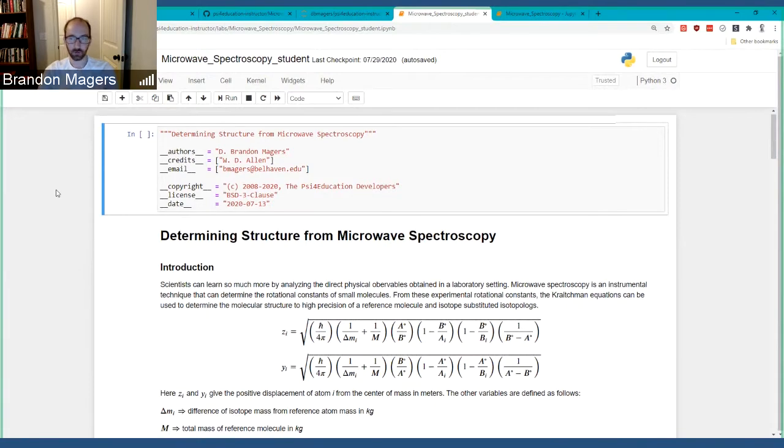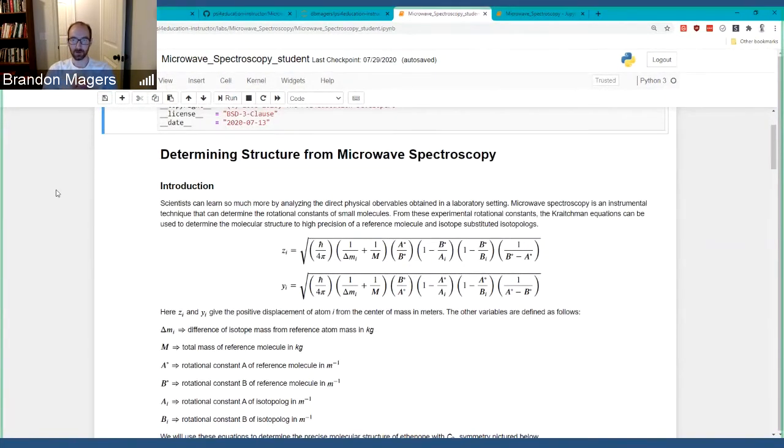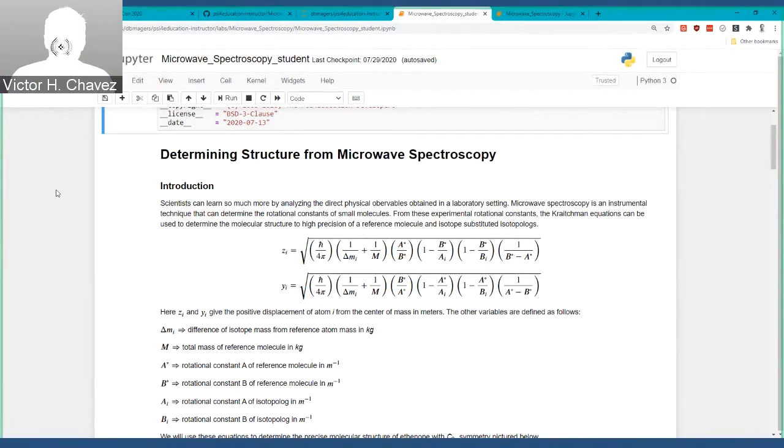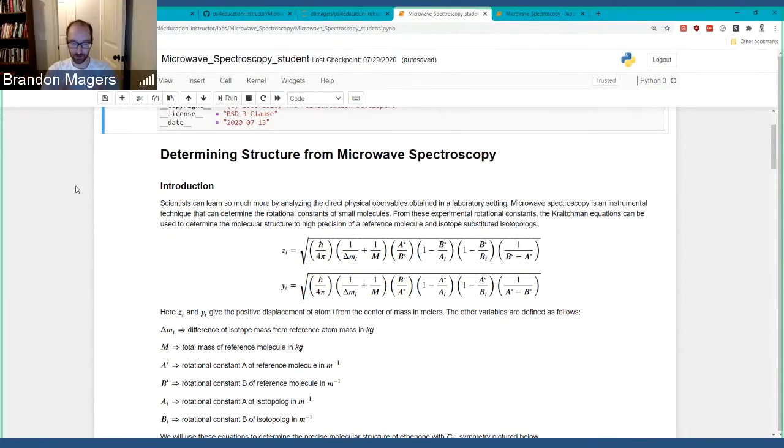So this is pretty straightforward. It's following maybe the fanciness of machine learning, or even Conrad's nice, colorful ternary diagrams and Victor's nice plots. I have no plots in here, but there might be room to add some. This is getting students to think about how computational work connects with spectroscopy, particularly microwave spectroscopy. So this uses the Kraitchman equations to compute a geometry from obtained rotational